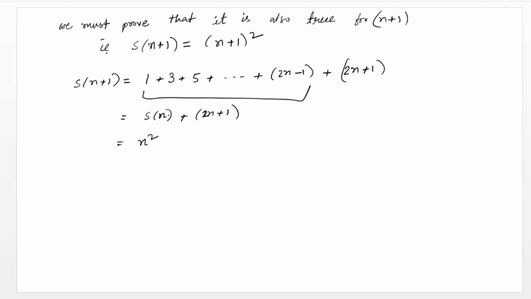So n square plus 2n plus 1, which is basically n plus 1 square. Clear? So the property is true for all integers. So in this way, by using the induction hypothesis, we can prove